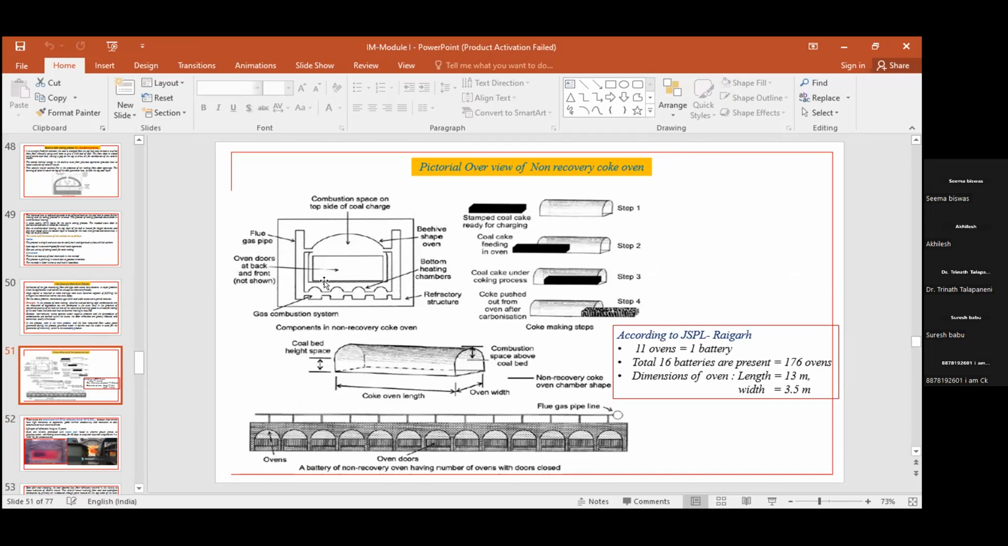Through this sole pipe, the heat will travel across its length like this. From here it will travel across its length, and it comes out from this particular end. So basically at the two ends, on the two sides of your oven, you have these downcomers. So heat will travel through these downcomers, and then it travels